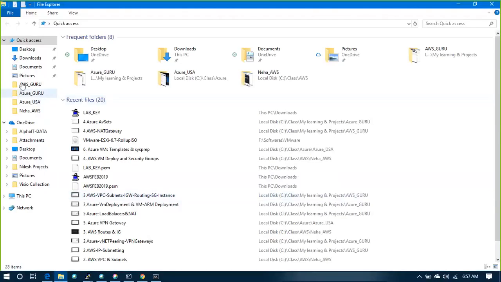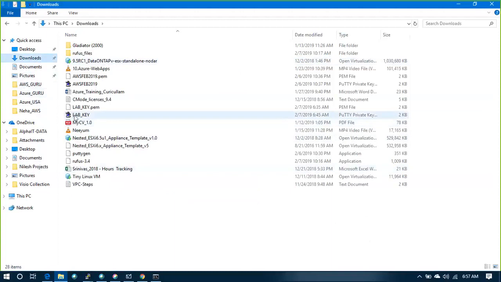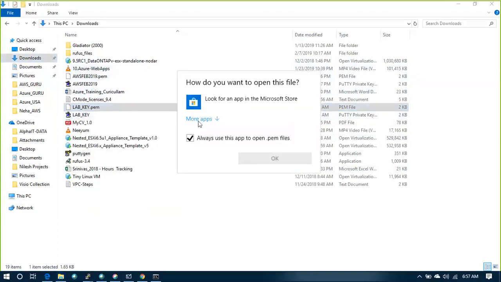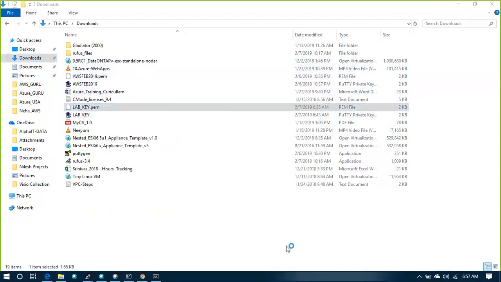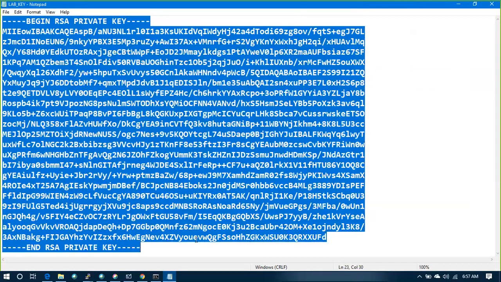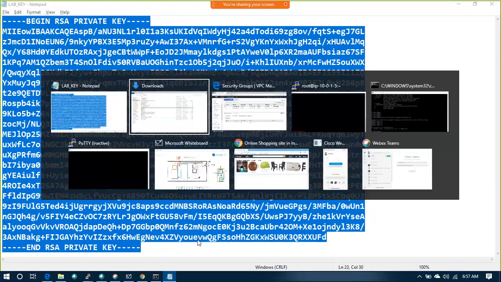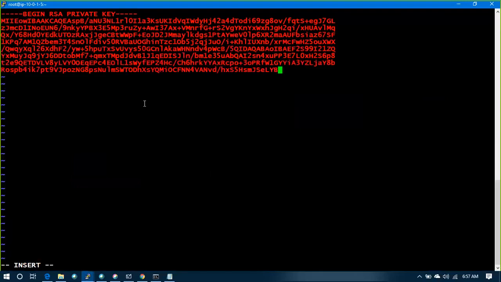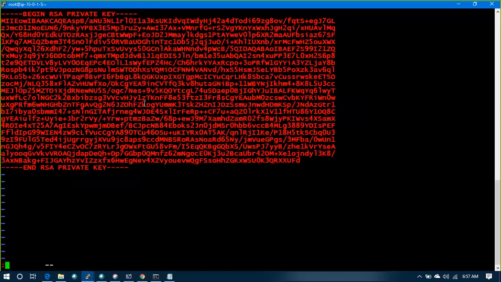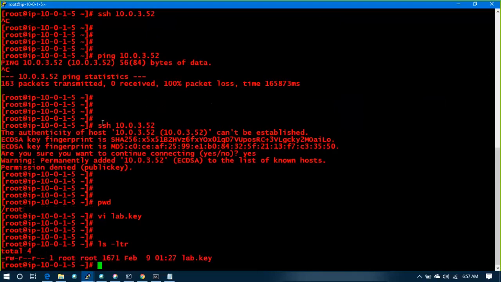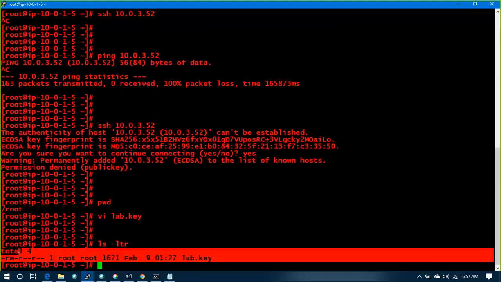I need to provide that key. Which key? Lab underscore pem key. Open with more apps, notepad. Okay, let's see. This is the key. I'll just copy this key. I'll paste it on here. And then ls -ltr. What is the permission?